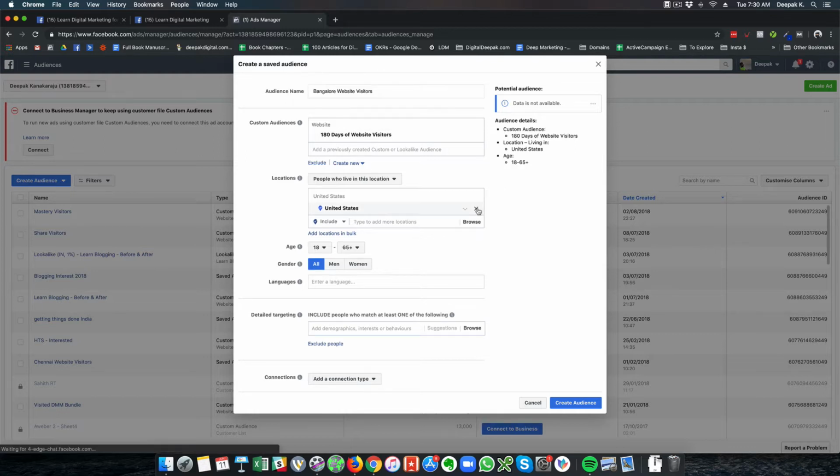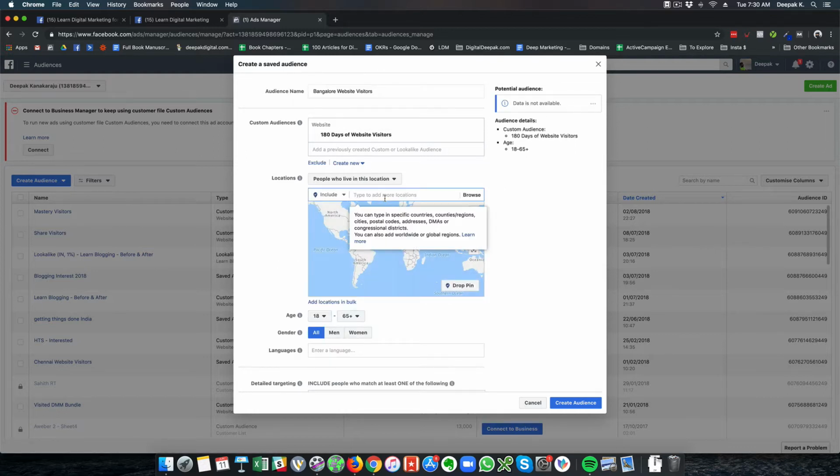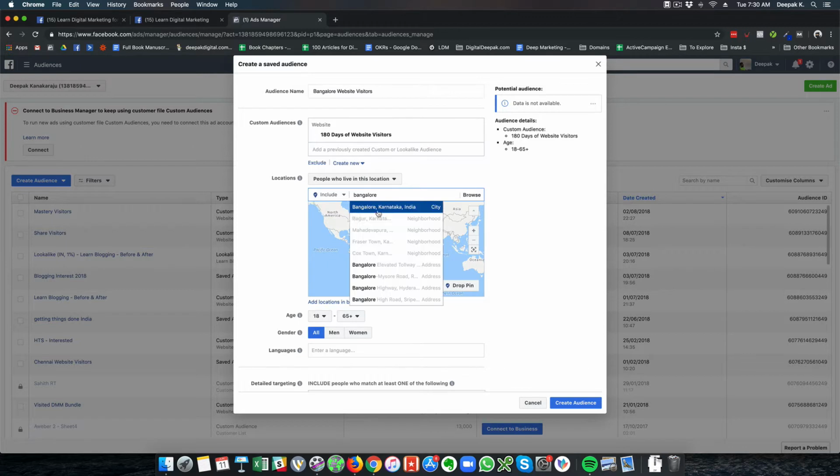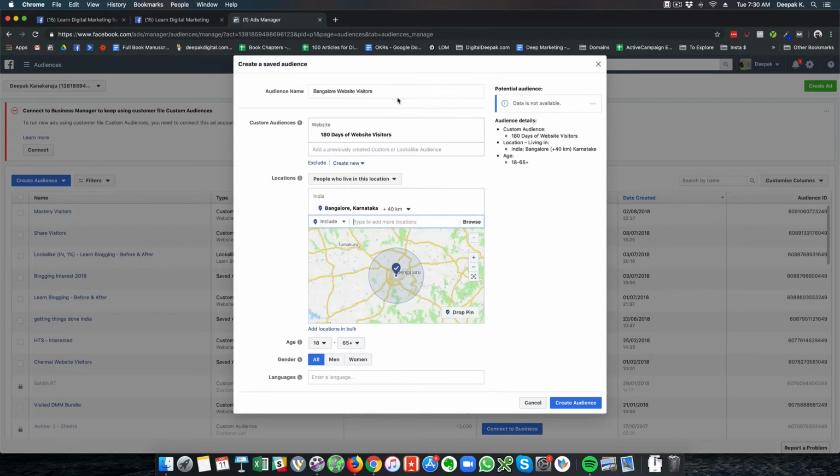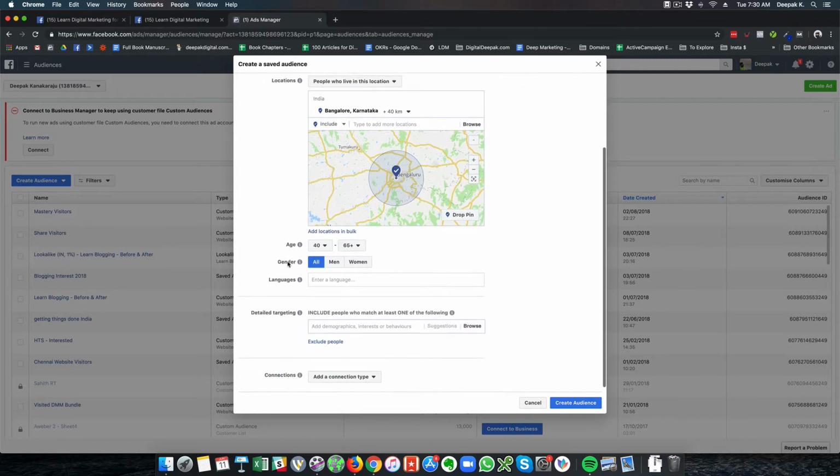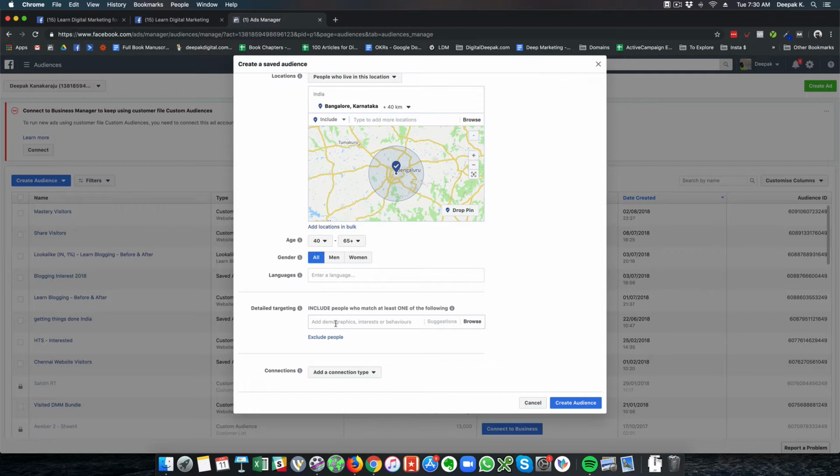And here I can just select Bangalore, and I can also say, let's say, Bangalore website visitors 40 plus. So I am targeting only people who are above 40 years of age. So I would select 40 right here. And I can select the gender, and I can do some detailed targeting by including interests and stuff. And I can go ahead and create the audience.